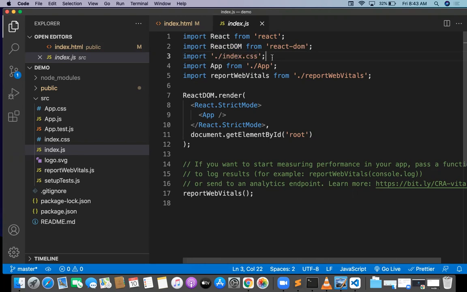Import is the keyword. There are two concepts: one is import, one is export. I will tell you later in detail. What is import, what is export. Import is one concept, export is another concept. Import is nothing but importing a library, and exporting is nothing but exporting this file into another file.